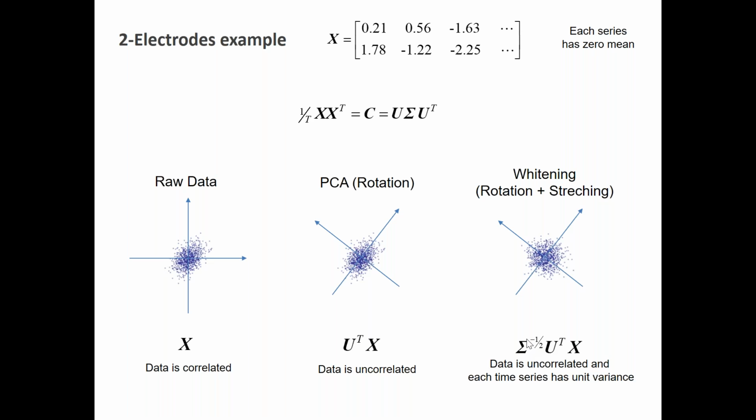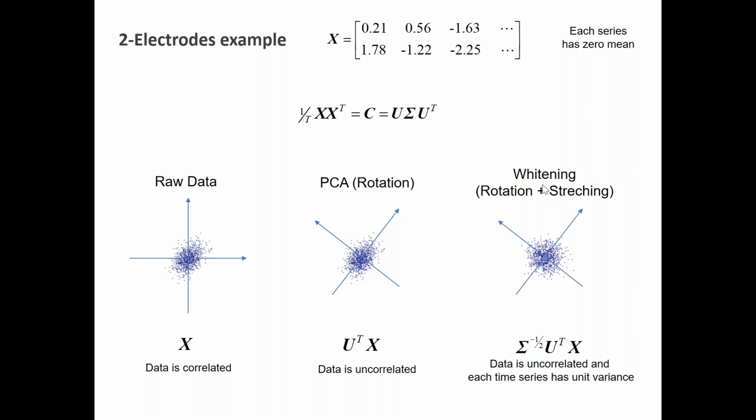So if we now take those, remember this is a diagonal matrix, and we can apply any function. So this -1/2 means this is the square root of the inverse. So this is just a convenient way to write the square root of the inverse. Basically, you take the diagonal elements, you invert them, you take the square root, and now you apply this multiplication before everything else. Now you do not only decorrelate the data, but we also make the variance of the resulting time series equal, and actually equal to 1. And that's why this is called a whitening transformation.